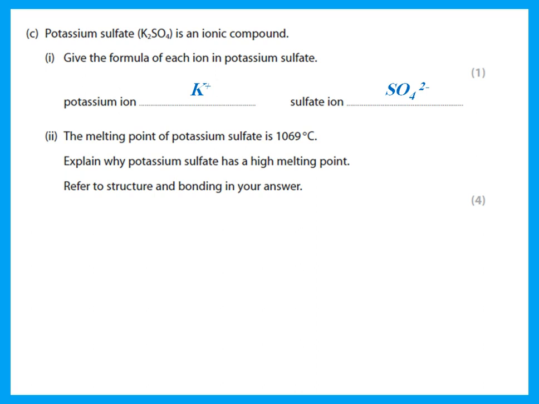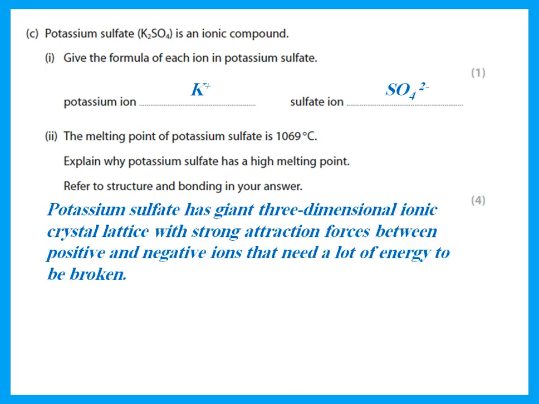Sulfate ion is SO4 and it has 2 negatives because its valency is 2. The melting point of potassium sulfate is this. Explain why potassium sulfate has a high melting point, and he wants you to refer to structure and bonding in your answer. So, why does any ionic compound, remember that potassium sulfate, he says up there, is an ionic compound. If he says why an ionic compound has high melting point,